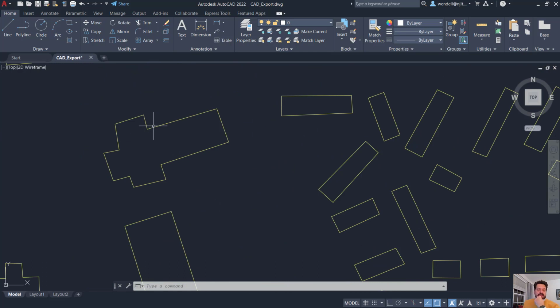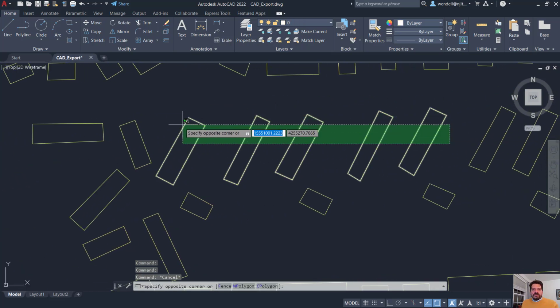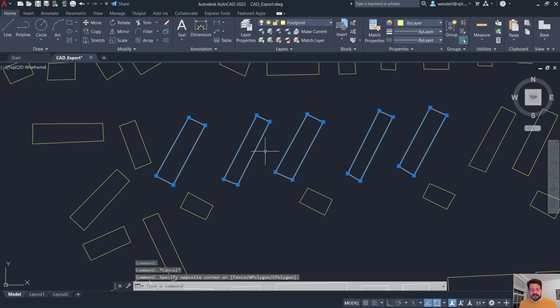Though what we could do here, you can begin to see some of the irregularities in how I traced out my buildings, and that's because when I was tracing the features, I was using an aerial image with very low resolution. It was challenging to understand exactly what was happening with the buildings. So I might want to do some cleanup here and rationalize these lengths and widths. Right now, these are very strange shapes. These are not all the same size by any means, even if the buildings were likely built to the same size. For instance, this row of buildings was likely the exact same specification, but we can see here they're traced